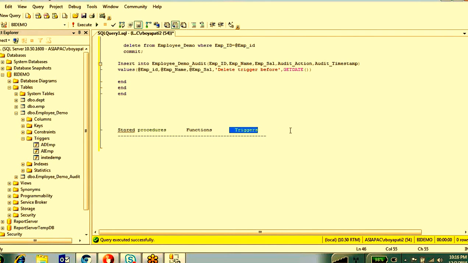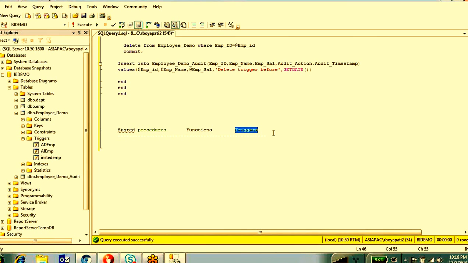In triggers also. You can put error handling in stored procedures, but in functions you can't. Table variables you have to use in functions, and in stored procedures you can use temporary tables and table variables. In triggers you can use temporary table variables.